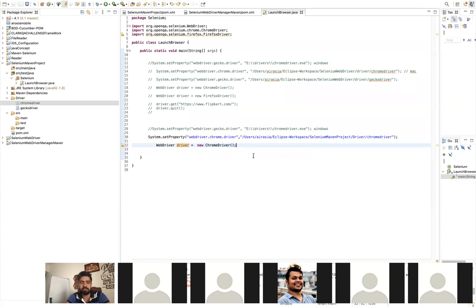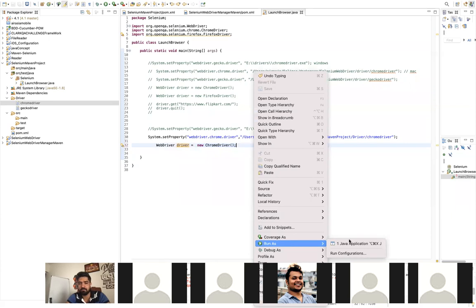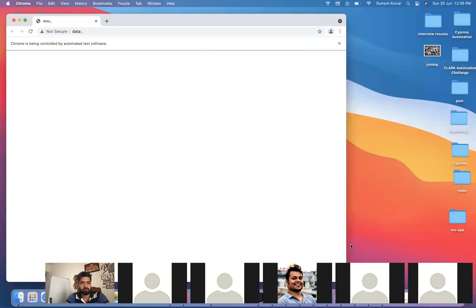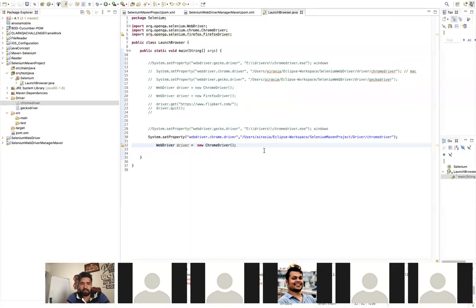So let's see what is happening if I run this line of code. You can see only the Chrome has been launched, correct? Why? Because I have not written anything apart from this, right? What I've done is I've just created a method, and inside that I have just set these properties like System.setProperty. I have given the path of this ChromeDriver, and I have written WebDriver driver equal to new ChromeDriver. So this line of code will help to launch our Chrome. That's it. Now, once the Chrome has been launched, what will be our next goal?